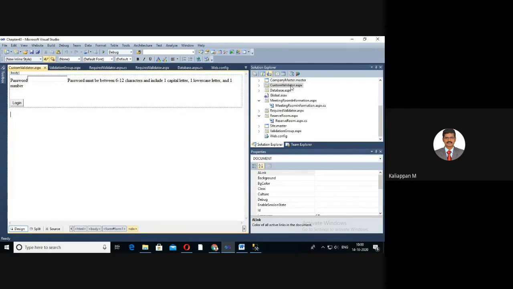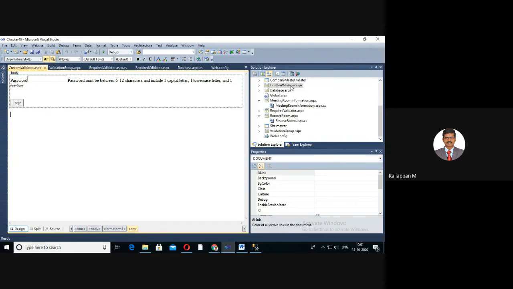The client side validation is accomplished through the client validation function property. The client side validation routine, that is the method, should be written in a scripting language such as JavaScript or VBScript, which the browser can understand.